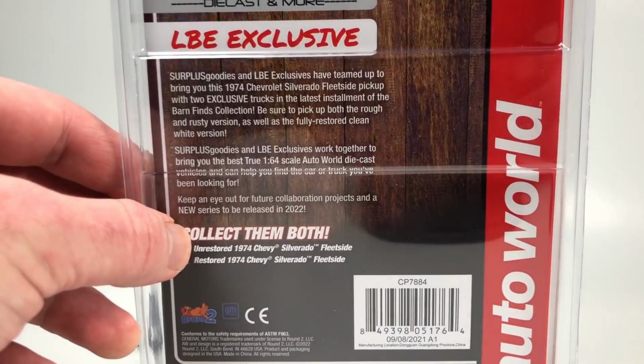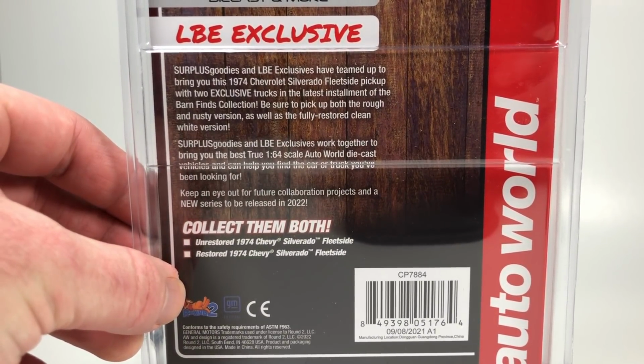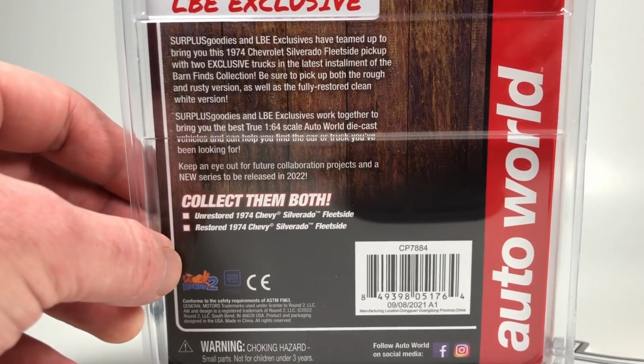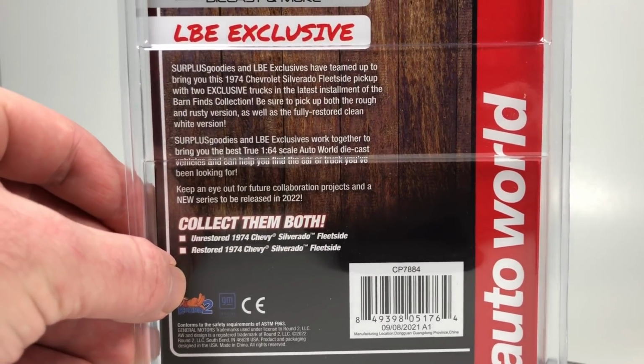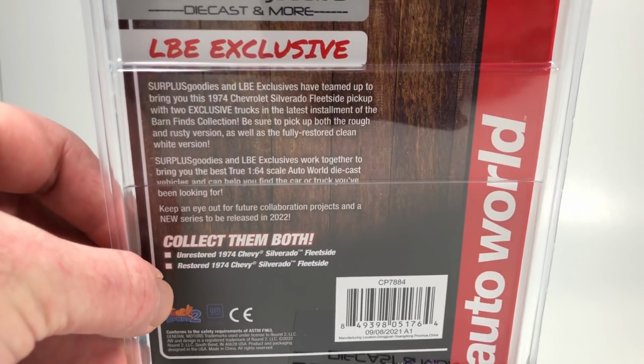We can read the back of this card if you want. Latest installment of the Barn Finds collection. I don't know what state they're going to do next. I'm hoping for a Wisconsin. That would be cool. Although they'd have to definitely tool in some more rust holes, some more weight reduction, especially in the frame area. So